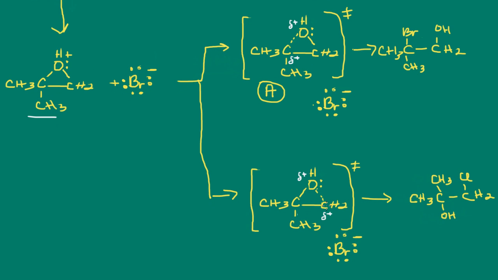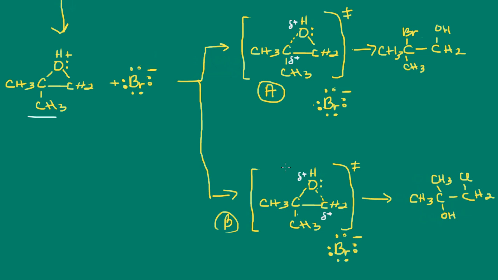here we have the least substituted carbon, and here we see the transition state. We see the bond breaking between the carbon and the oxygen. So then the less substituted carbon develops a partial positive charge, and it can't handle that partial positive charge as well as this tertiary carbon. So when you compare the two transition states, transition state A is much more stable than transition